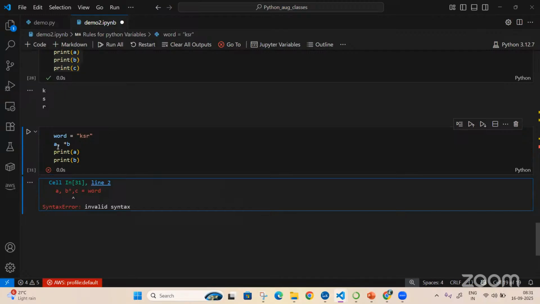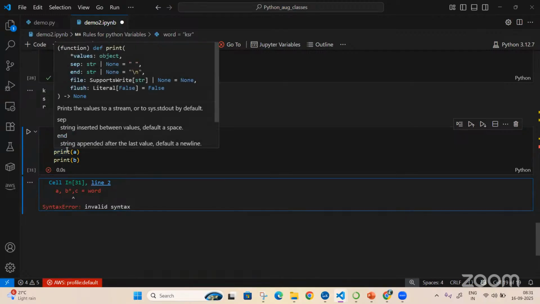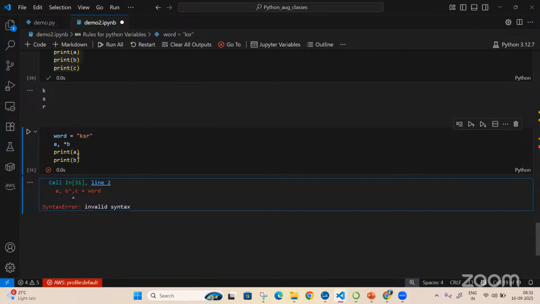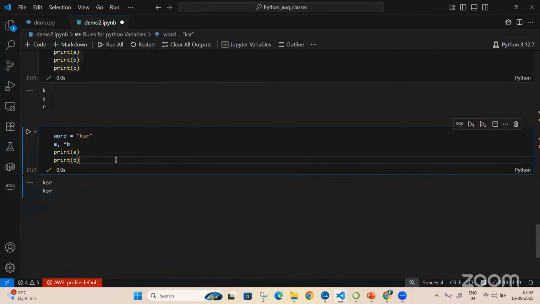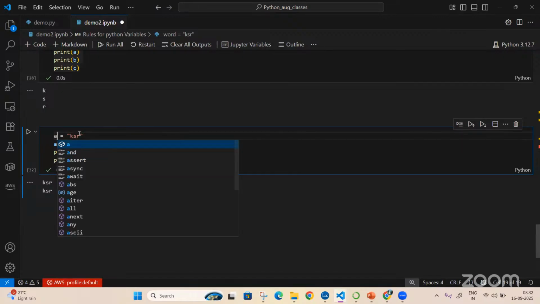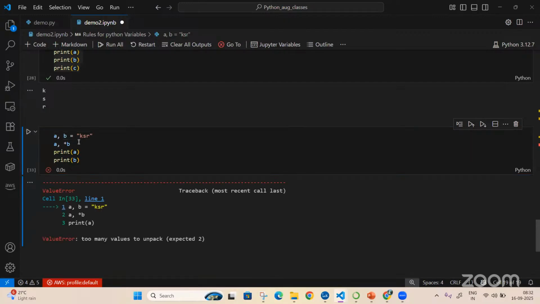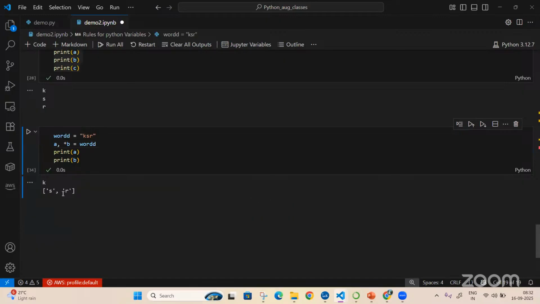Now what I'm saying, first word you take as it is. Whatever the second word you are doing, you go and assign all that. Oh, sorry, it should have been A, comma, B. Now I'm assigning this word to this, where I'm saying this is my word, and the first word you take has K, and the second word, whatever you are doing, you are going and assigning to that B.